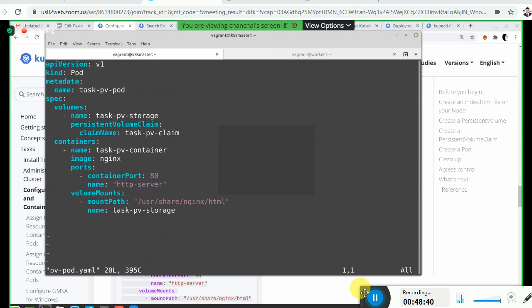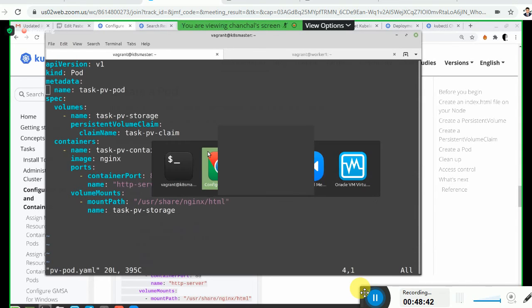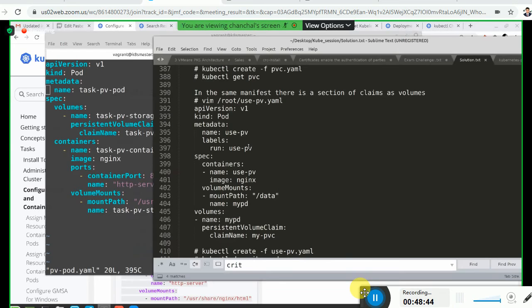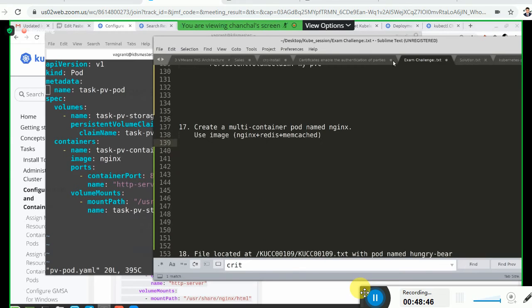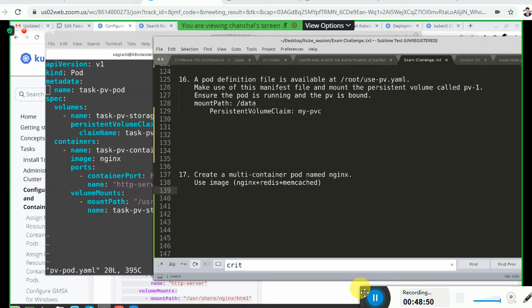Name task. So what is our task given here? Make use of this manifest file and mount the persistent volume called my PVC.